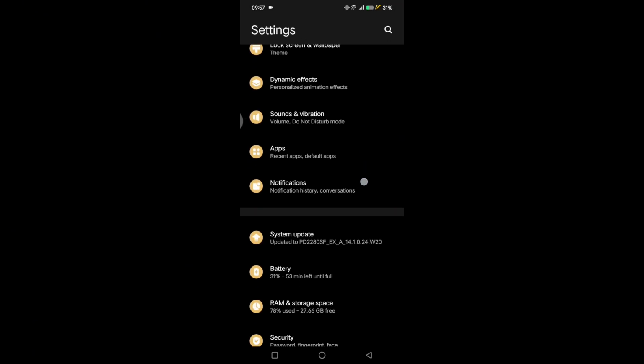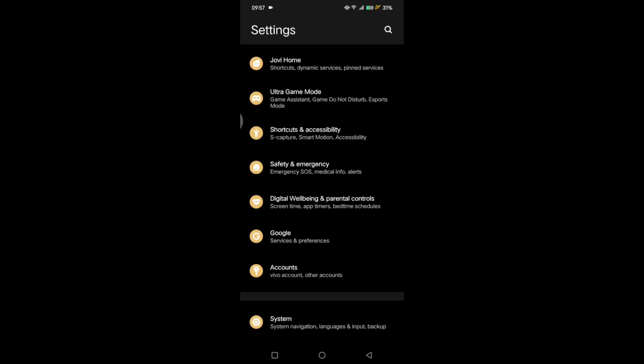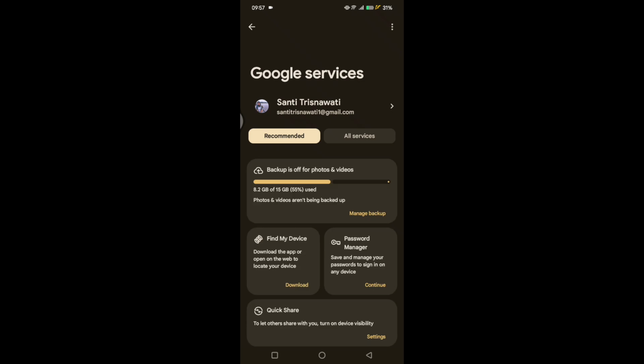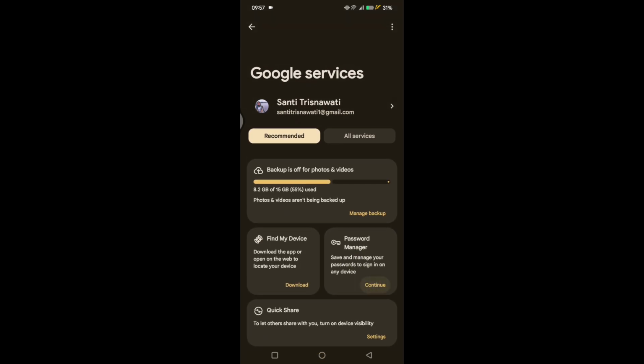Then scroll down until you find the Google options. This one, Google Services and Preferences. Tap on that, and in here what you need to do is just find the Google Password Manager. This one's right here. You can tap on Continue,